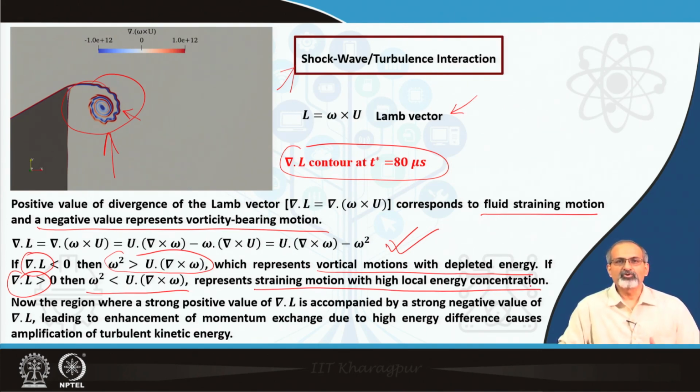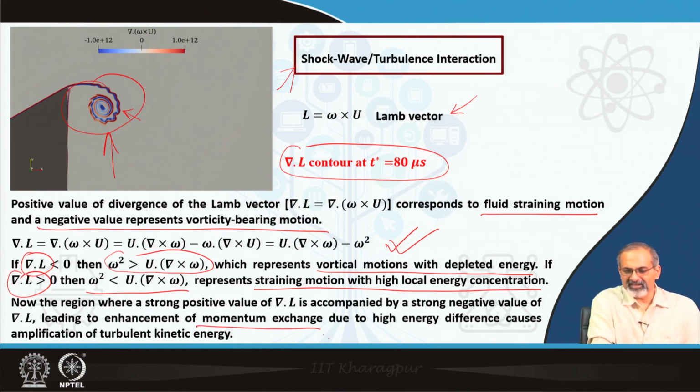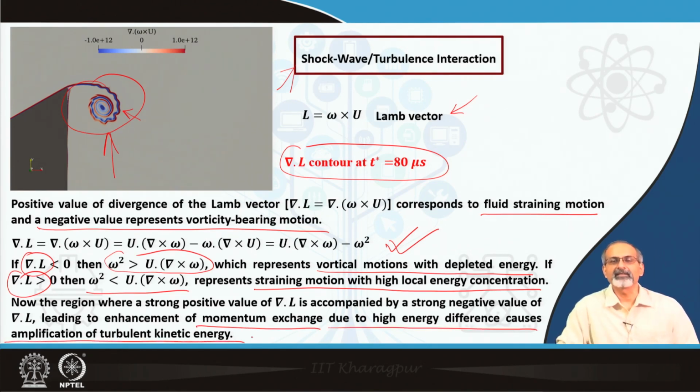Now, the region where a strong positive value of divergence of L is accompanied by a strong negative value leads to enhancement of momentum exchange due to high energy difference, causing amplification of turbulent kinetic energy, and therefore, divergence of Lamb vector happens to be a very important tool in understanding the turbulence interactions during